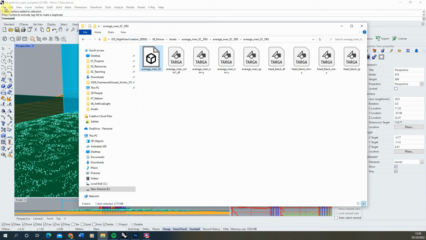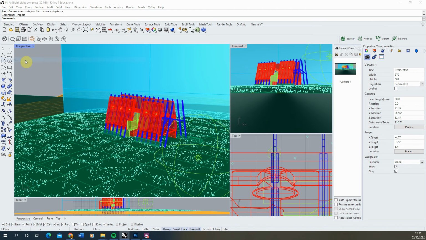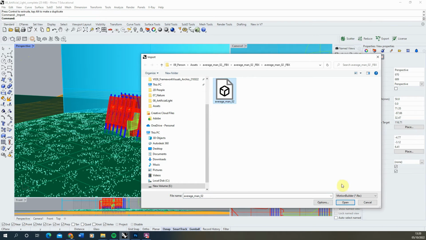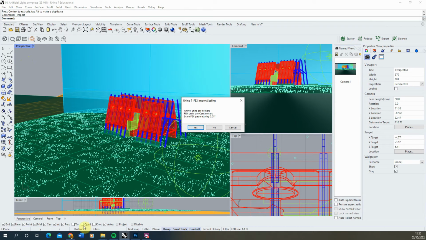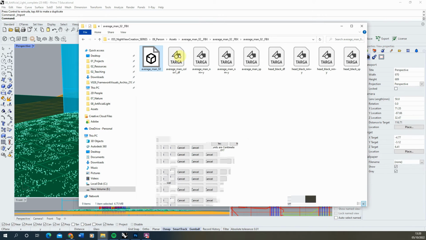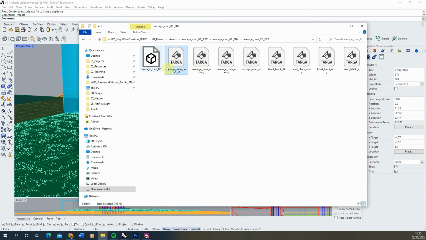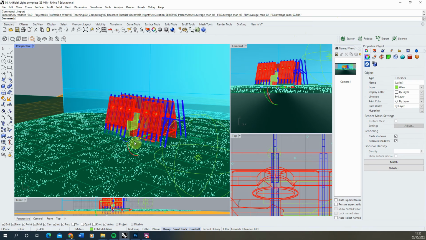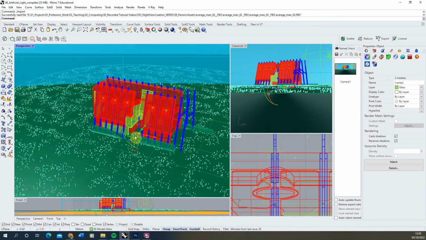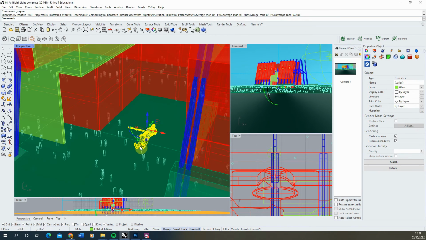So to do that we're just going to go to File, Import, and then locate that file here and hit Open. Now if all the textures and the images are in the same folder as this model, as you can see here, we've got these Targa files and these are all image files, and because they're located in the same folder as the 3D model, this should automatically bring in the textures with the model. So if it asks you for scaling, just hit yes there, because it will usually recognize the dimensions you need in your scene. And there we have our character, and I'm just going to rotate him upwards